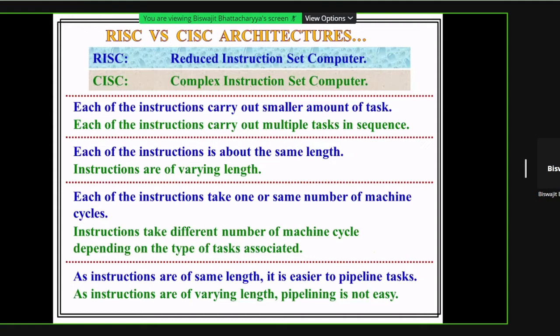Now in RISC, each instruction carries out a simple type of job. Actually, all the complicated jobs are broken down into smaller and simpler jobs. Like, what is our learning process? Our learning process can be decomposed into various small tasks, like hearing the lecture, noting down something, reading, thinking or understanding, having some practice.